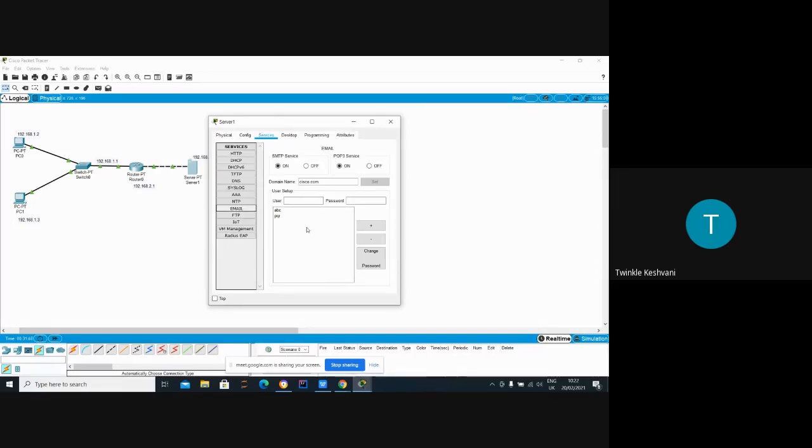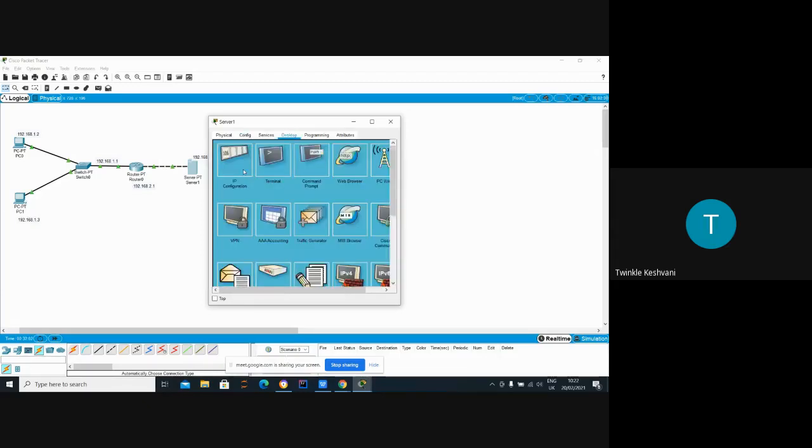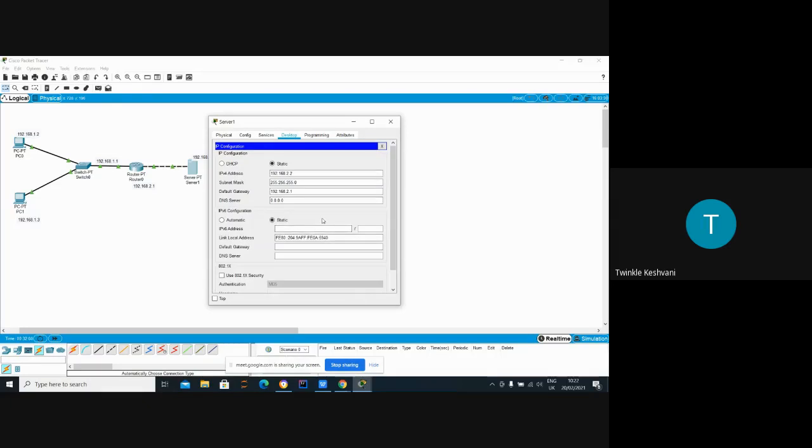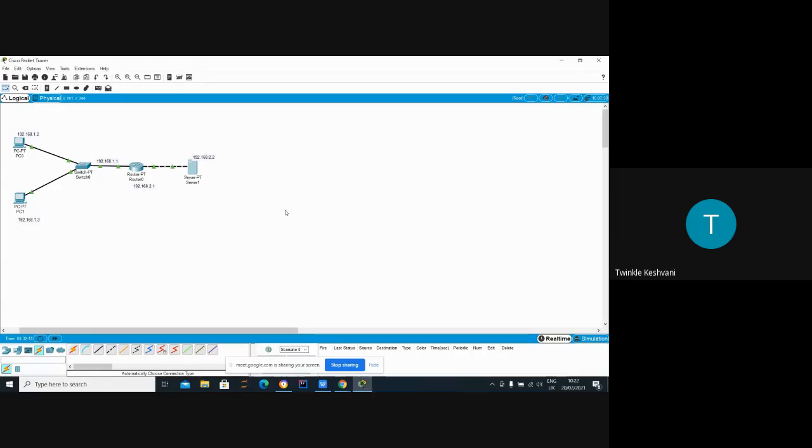Okay, cisco.com, ABC. Sure. Okay, configuration. Go to the IP addresses, IP configuration. Desktop, fourth tab, desktop, IP configuration. Okay, 2.2, 2.1. Okay, good. Okay, close it. Now check once again.